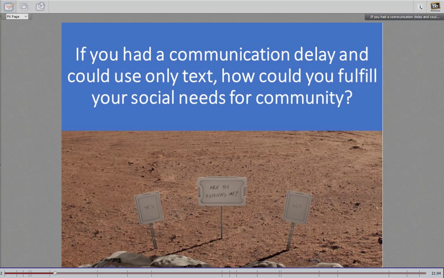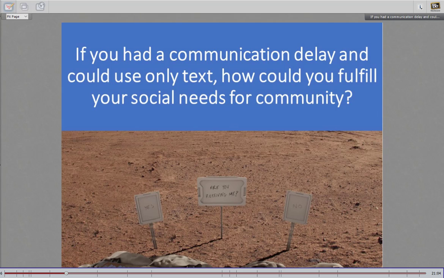By the way, if anybody knows what that screenshot is from, can you go to the chat box down there and type it in? It was pretty famous. Maybe some of you saw it. It's from a movie. No, nobody? That's a screenshot from the movie The Martian. He had the same problem. He was stuck on Mars, and there was a delay between NASA and him. So he used these little things and had the camera point at the yes and no.